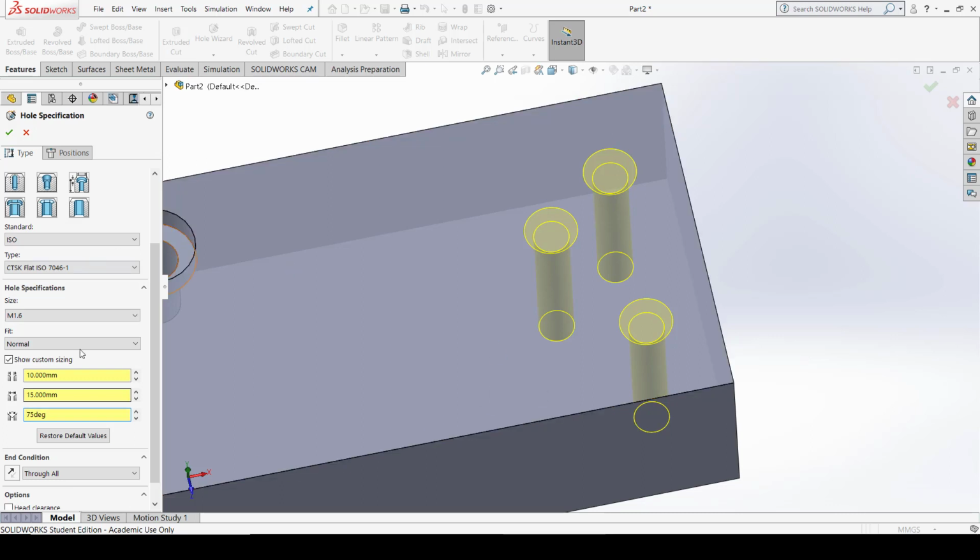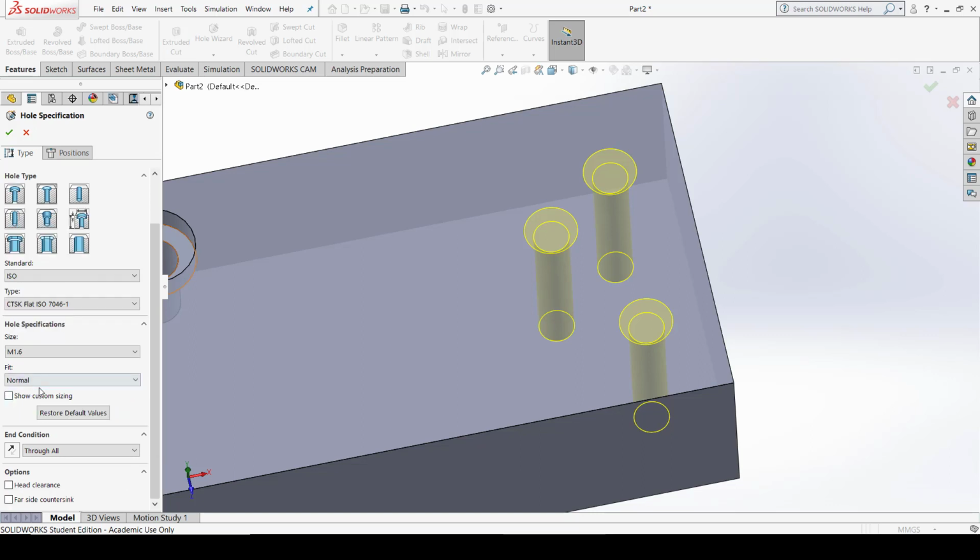So you can define the hole sizing as per your requirement, and you can define the hole size as per the standard formats given in the software. It's up to you, whatever the drawing requirements are. You can define the custom sizing also. If you click off this custom sizing, you have to choose the diameter and options from the size category of this command here. But if you want your hole to be as per your design requirements, then you have to define the custom sizing, and you can give the values as per your requirements.